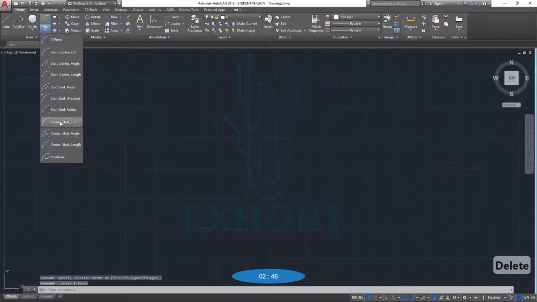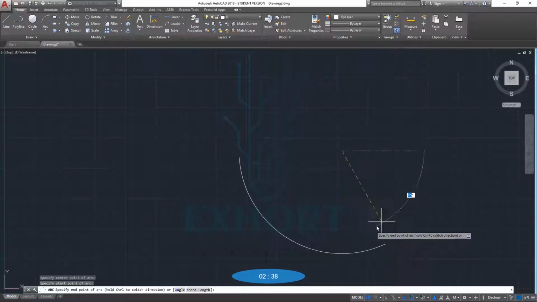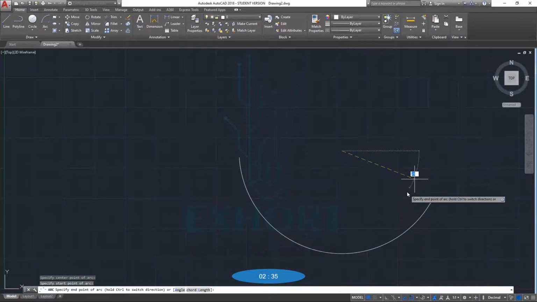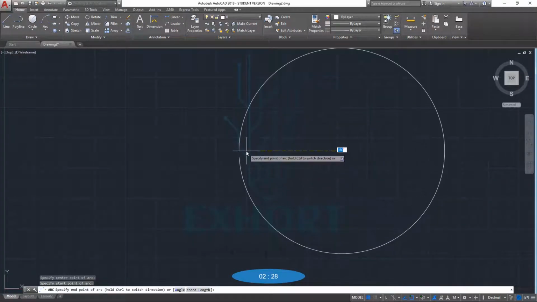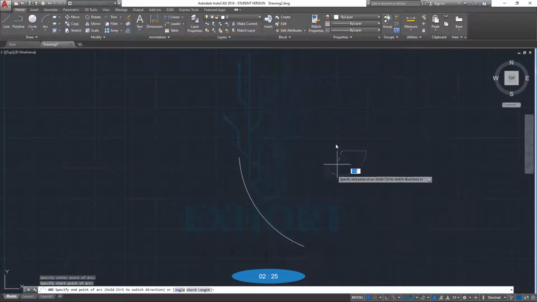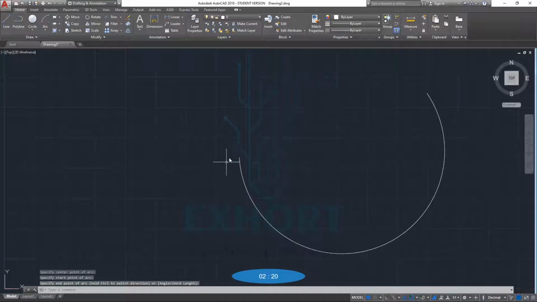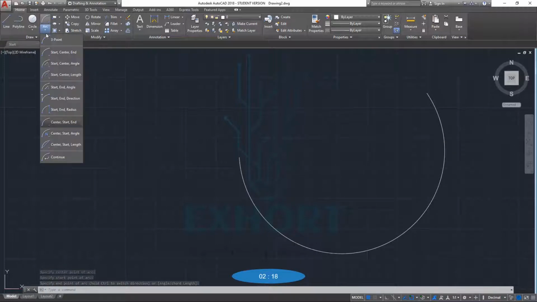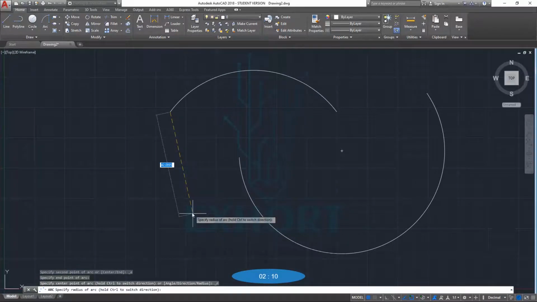Just select the center, start, end: mention the center point, then the start point and then the end point of our arc. Likewise, but here you will see we can draw the arc only from below to the upward side. If we want to draw an arc from upward to left, or upward to down, we will see how to draw it. Here we have selected the first point and the center point. Now we have to select the start and end. We select the start point from here, the end point here, and our arc will be drawn.